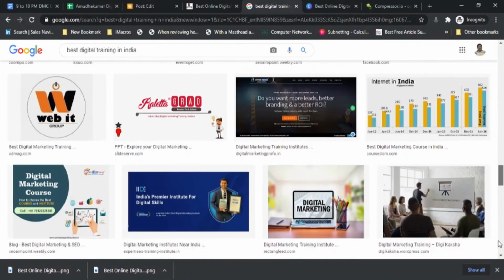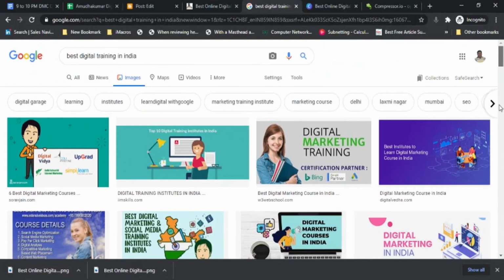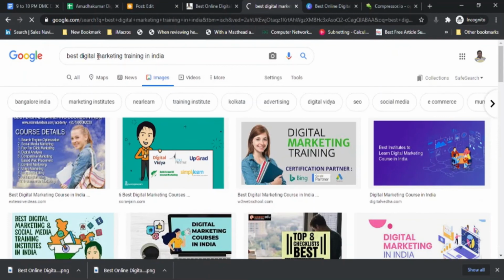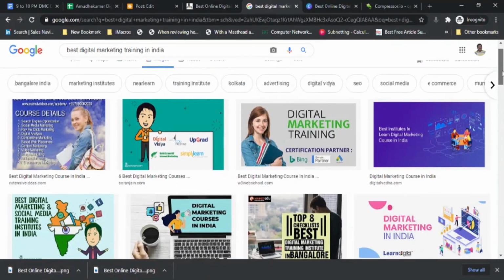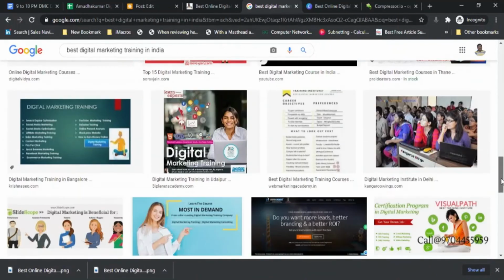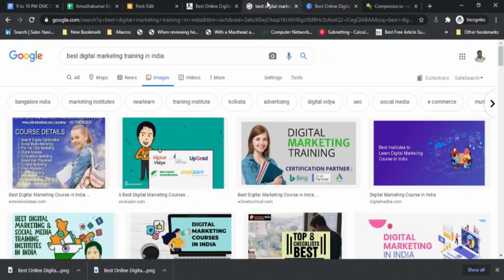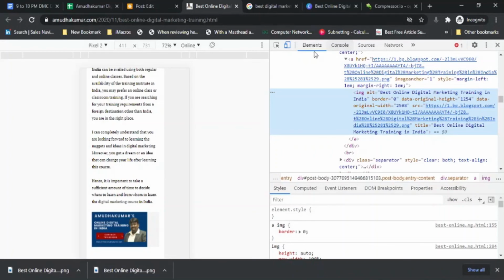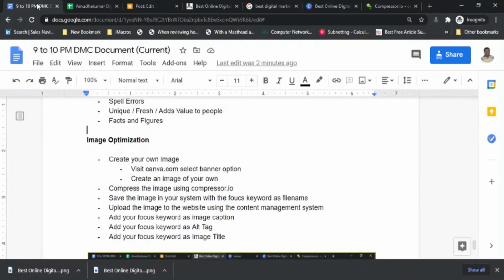So once my image is crawled and indexed, okay, we will be able to see the image being displayed for best digital marketing training in India. Okay, so along with these images, you might end up seeing the image which I have created too. That is possible. Okay, basic simple options. Okay, so this is how we need to create images and optimize the images.